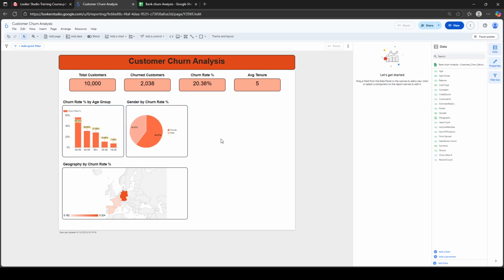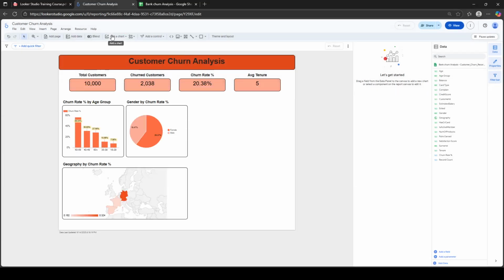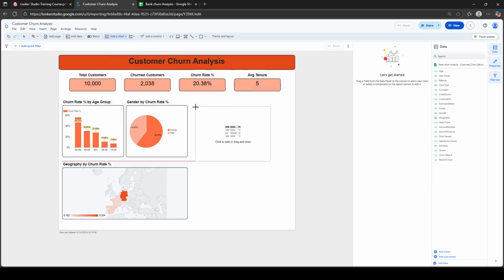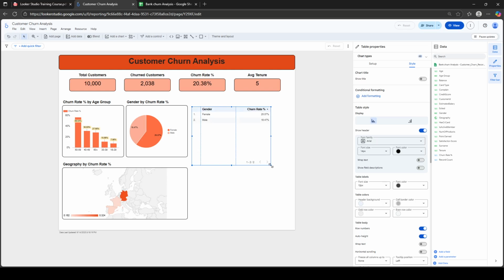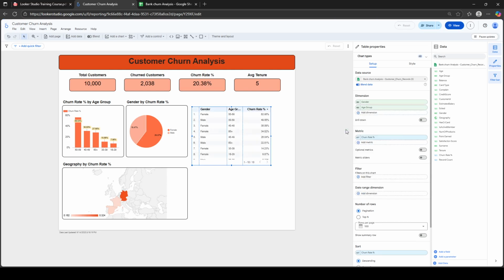And that's it. So now we can maybe add another chart or a table. Let's add a table. Actually, we've not yet added a table. So let's, sorry, not add data. Add a chart. We want a table, so we can have it there. You can see by default, it gives us the gender and churn rate. So we want the age group as well. To view the age group,